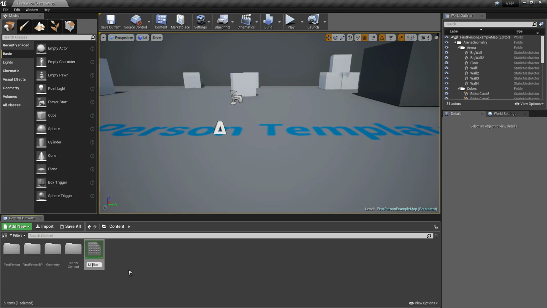When you're naming a material, always remember to use an acronym, just like what you see. I'm putting a capital M before the target name that I want in my material to indicate that this file is a material. So now we have our first material. Let's just open this.